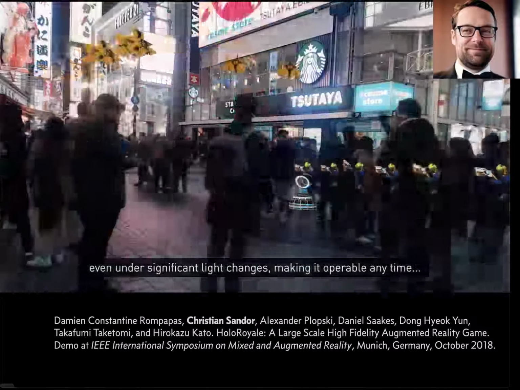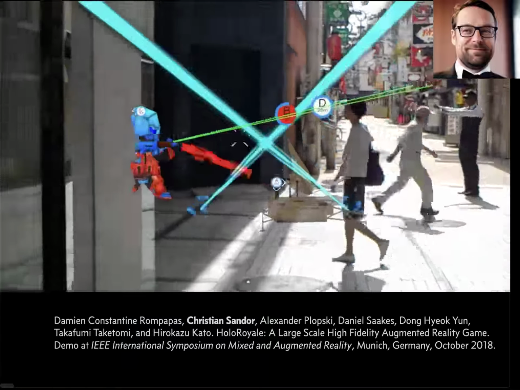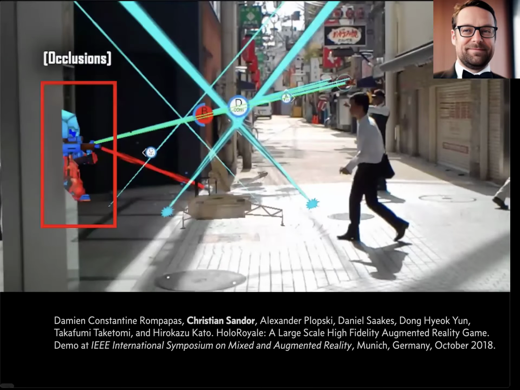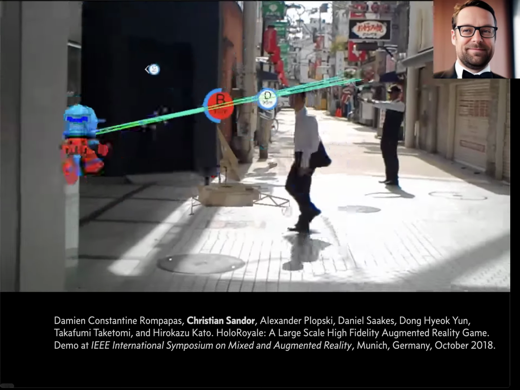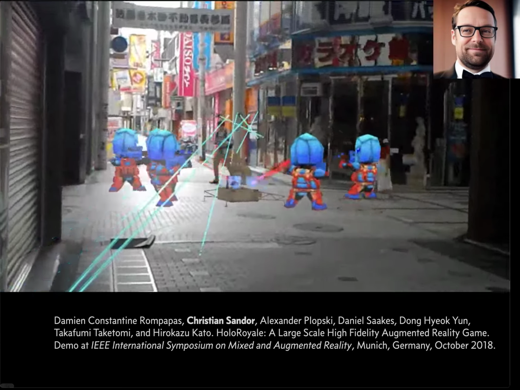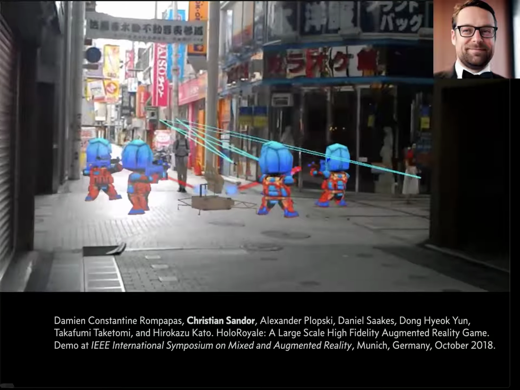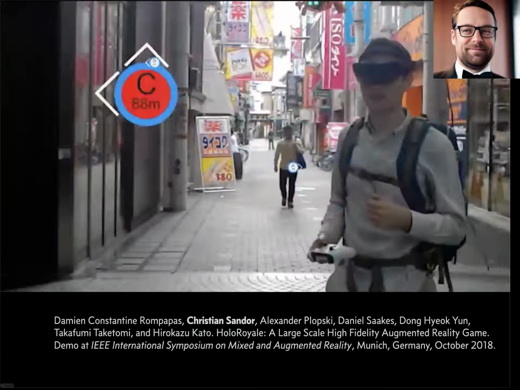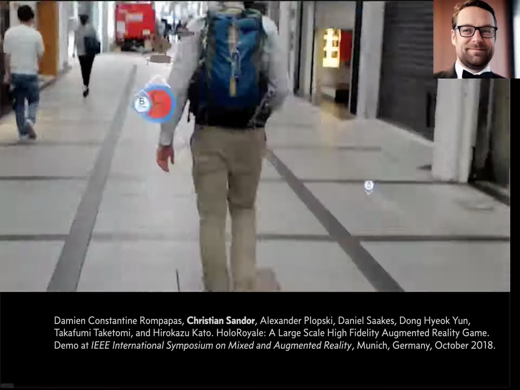We introduced Holo Royale, a large-scale, high-fidelity, multiplayer augmented reality game. Holo Royale uses the powerful AR interface. So basically what we have to do for this is providing accurate tracking and registration interaction. And then we are doing also model-based tracking to track against the landmarks. And because things like the buildings and so on will be robust, so they don't change so much. So always we have to track against the buildings. Our game works over large scales.